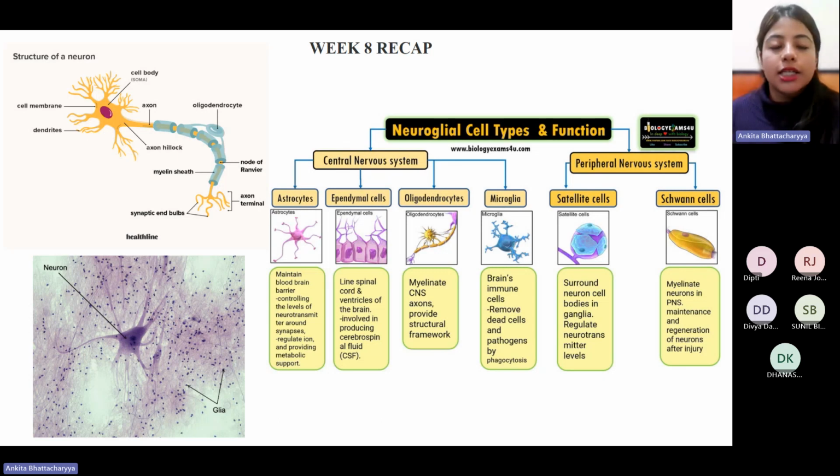Now, what you see here is the structure of a neuron. And as you have already seen in the lectures, neurons are not isolated cells. They are present with several other types of cells as well, which is what I'll come to next. But let's start off with neurons, the basic unit of the brain or the nervous system in general.